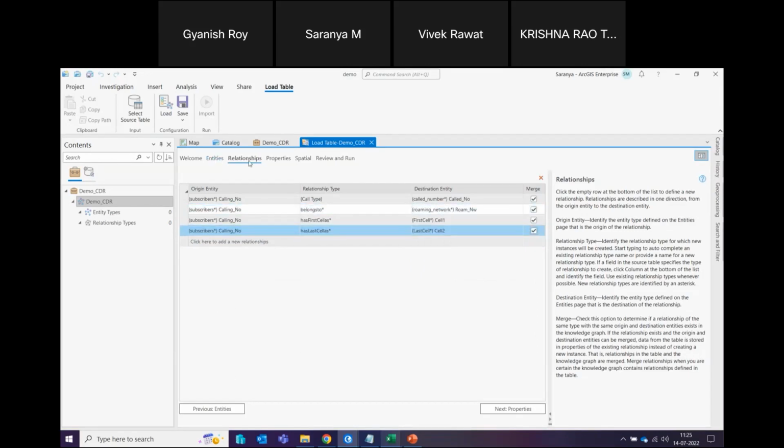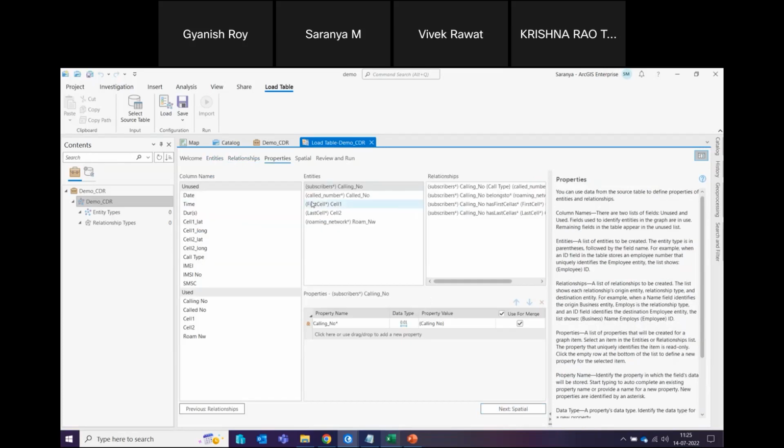Now we have created the entities and the relationships. Now we can go to properties. My subscriber has a cell phone with this IMEI number, IMSI number. Basically in this property tab, we will be able to add more attributes to our entities. Whatever information you find here, you'll be able to drag and drop. We have cell 1, and I would like to add spatial information here. I have cell 1 latitude and cell 1 longitude. For cell 2 also, we will